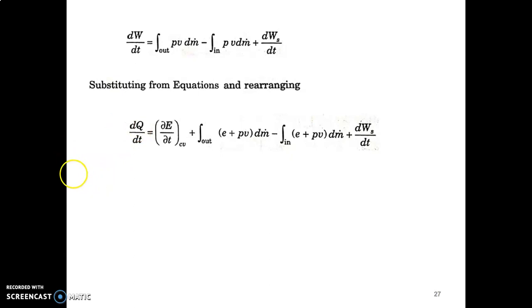Therefore the equation will be like this: dq by dt. After the substitution, we can also group together some common terms. For the outflow, this E and PV will be common, so we can show them in brackets. In the inflow also we can write like this: E has come from the energy term and PV has come from the work term. So E plus PV can be taken in brackets. And the energy term, we all know, is the total energy, and the specific value is capital E by M.